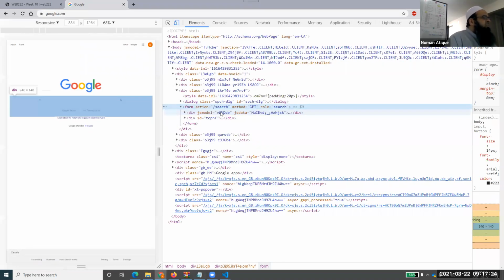Form action is equal to /search, so when we search something, Google sends our search item to the search page it has. You got it, everyone? Now method is equal to get. It means Google is using the get method.